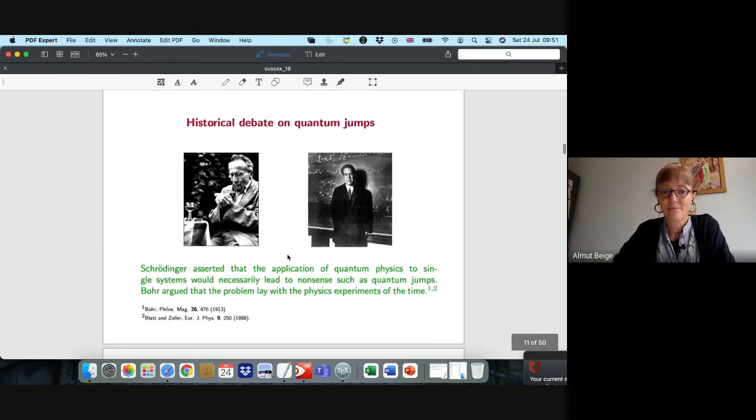Initially, this caused some discussion because when quantum mechanics was initially developed, it was developed to describe ensembles of systems. So you always calculate probabilities, expectation values, ensemble averages. And Schrödinger initially said that maybe you shouldn't apply quantum physics to single systems. That would give nonsense, like the quantum jumps that I just showed. And Bohr back then argued that maybe that's just a matter of doing these types of experiments,